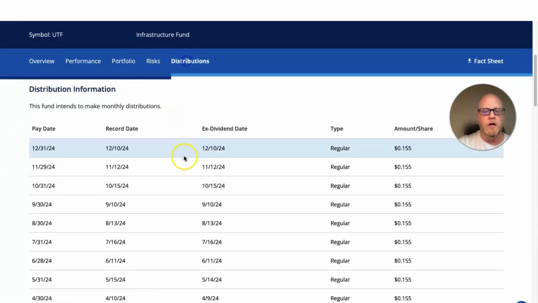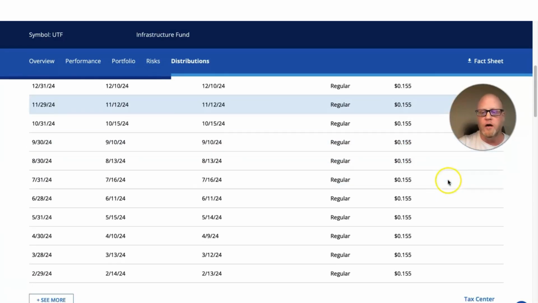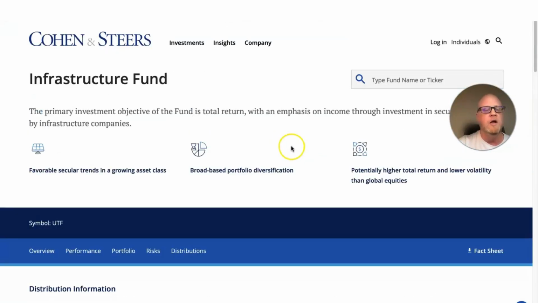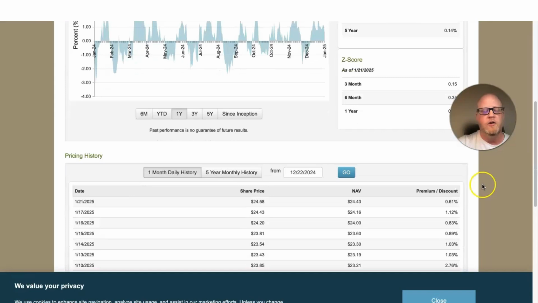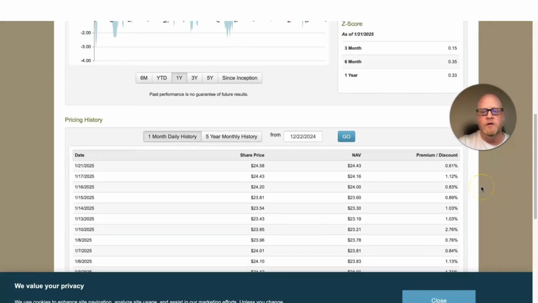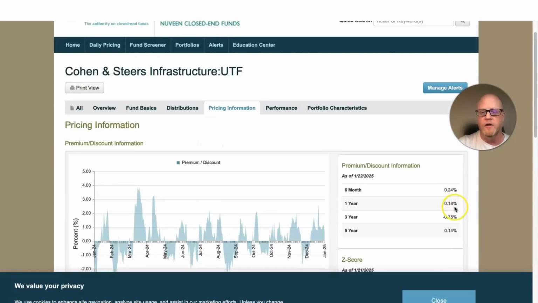All right, so looking at the distributions, they paid 15.5 cents a month for a long time. So it's a very stable income that you get from the Cohen Steers Infrastructure Fund, ticker UTF. UTF is currently trading at a slight premium to NAV at 0.61, so just barely over net asset value. And historically, it trades a little bit over as a premium as well. So it seems to be right in line with historical pricing of the closed-end fund compared to the net asset